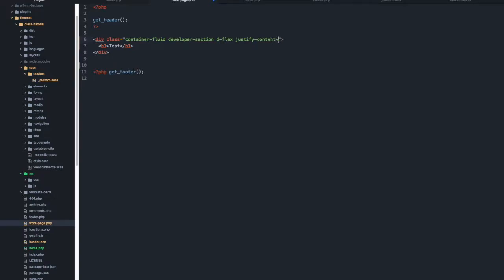Center. So this is also a Bootstrap class, and what is it doing for us? It says justify content in the center. It basically does text align center, but in a flex way. So we don't really have to know much about it. We just use that Bootstrap class, and we know that it's going to center our stuff horizontally. And then for vertical things, we do align